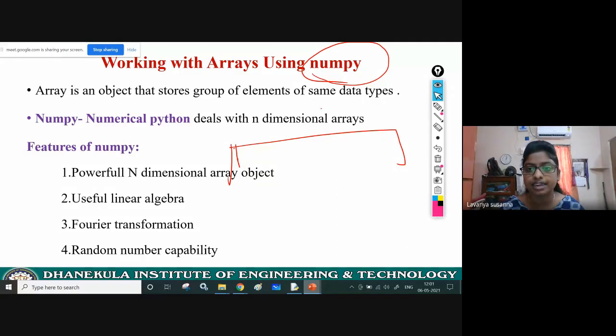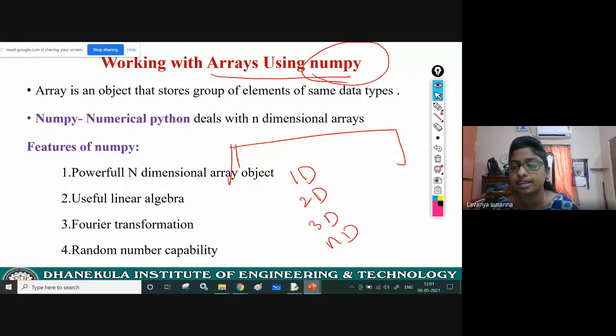NumPy is a package for working with arrays. Using NumPy, you can create n-dimensional arrays: 1D array, 2D array, 3D array, n-dimensional arrays. What is this NumPy?